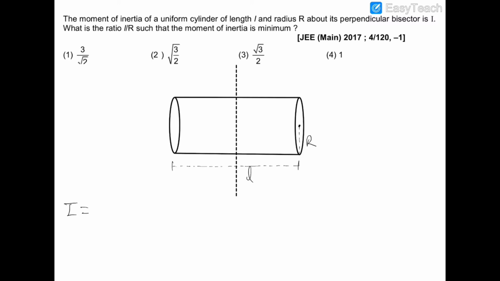So its moment of inertia about the axis would be m L square by 12. As well as this cylinder is also acting like a disc of width L and radius R. So this axis would be passing through the plane of this disc, and therefore the moment of inertia of this disc about this axis, which is in the plane of the disc, I can show you this axis from the cross section also.